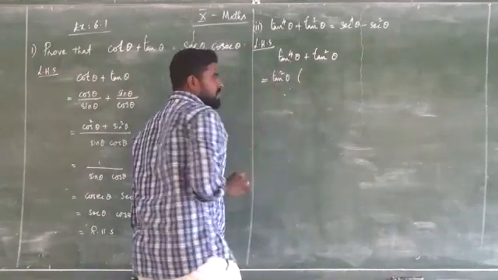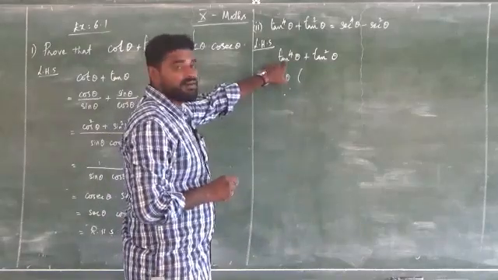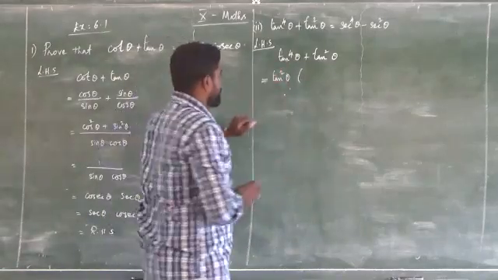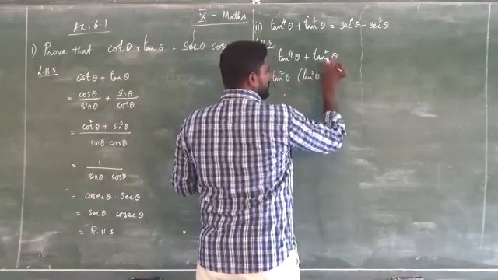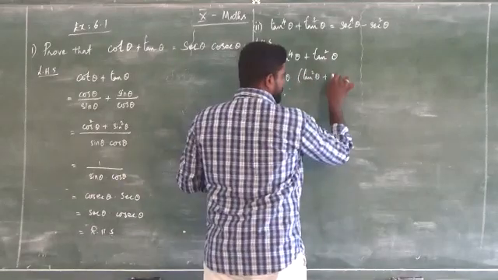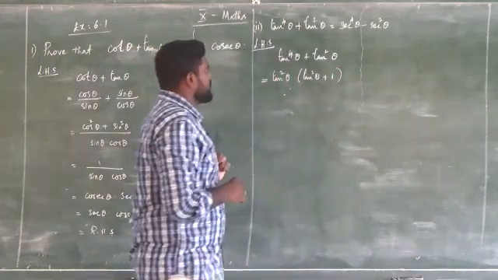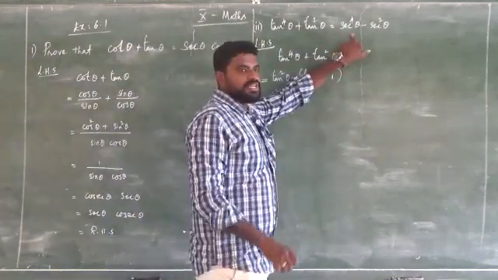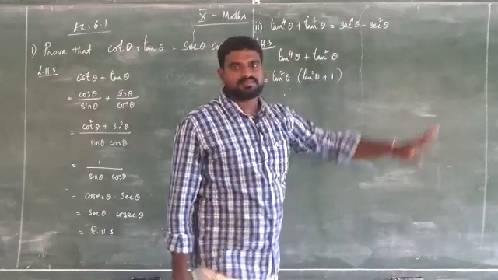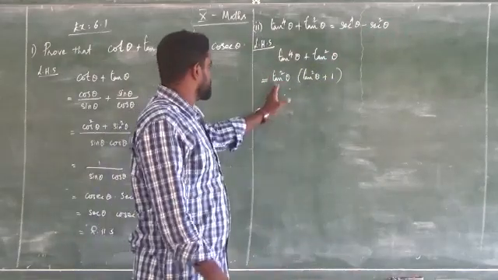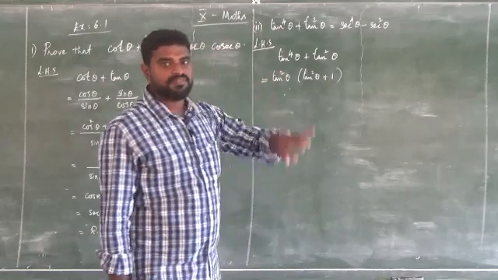If you take tan square as common, here we have tan power 4 theta, so remaining we have tan square theta, plus, if you take tan square theta as common, remaining it will be 1. So in RHS we need to prove secant power 4 theta minus secant square theta. Everything in terms of secant. So change the LHS in terms of secant theta.